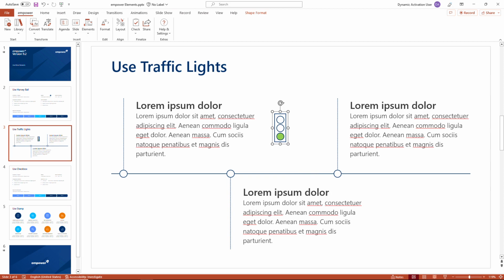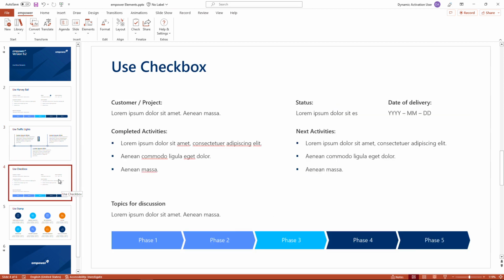We could also make use of checkboxes if we would like to do so. We once again navigate to the Elements section here and go to the checkbox option. We have the option to use a checkbox that's empty. Also, there is always this tooltip that appears to help you out with what you would like to choose from. And once we have decided what we would like to add, I will go for the crossed out checkbox here